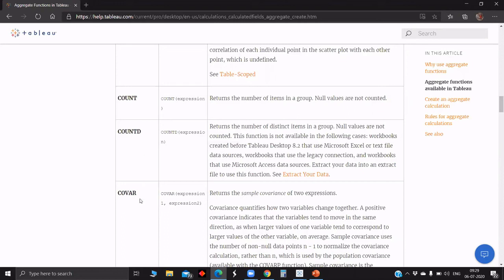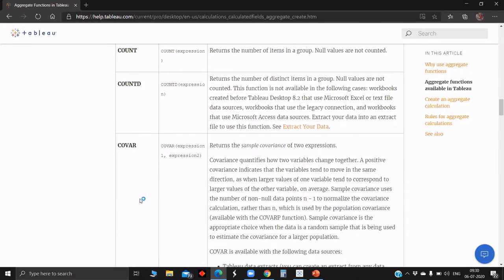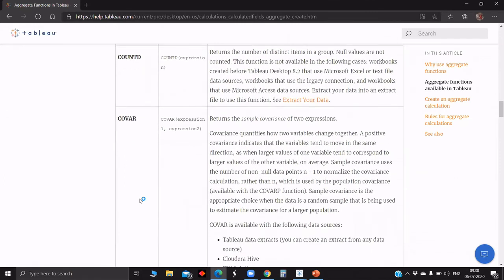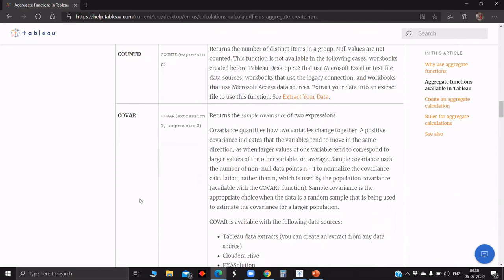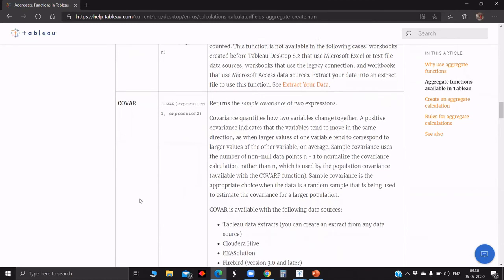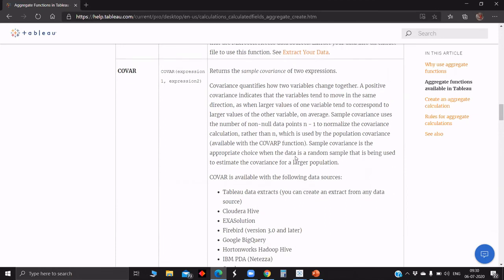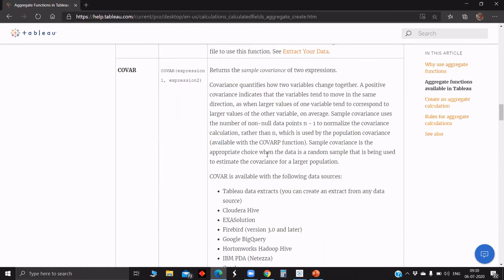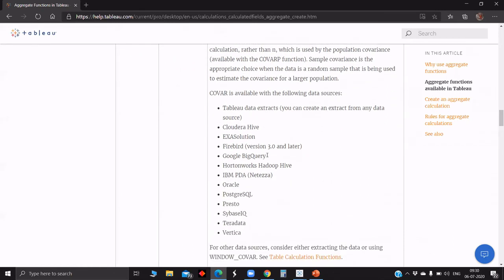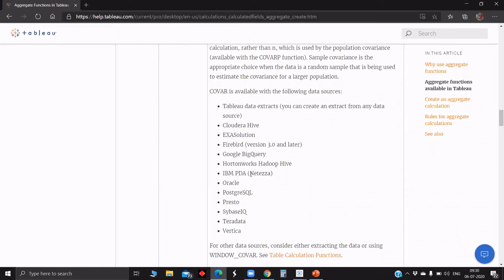Next, similar to correlation, we have another function, covariance. It will give the covariance between the two data sources we have. Currently, I don't have much idea about where this covariance will be used. Similar to correlation, covariance can be used only in some of the data sources displayed here.